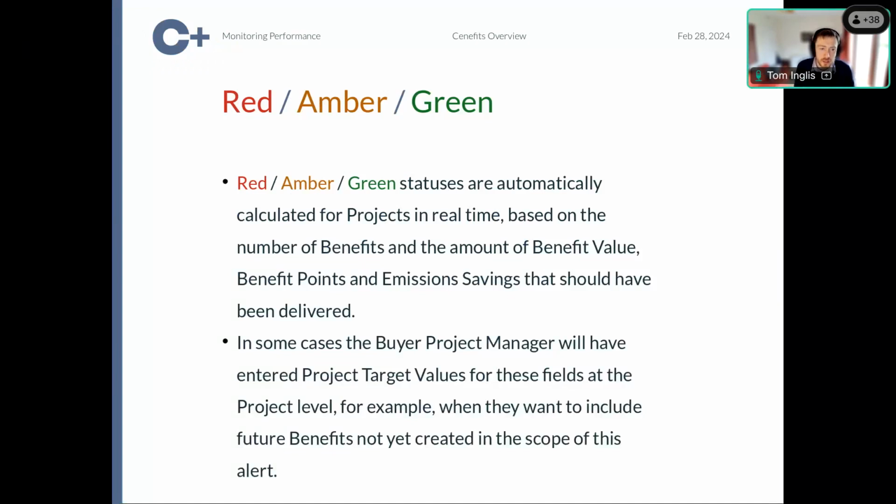So we have an automatic red, amber, green status, which we generate for projects in real time, which is based on the number of benefits, the amount of value points, emission savings that should have been delivered by a particular date. Because we know when things have a final delivery date, a completion date, we're able to automatically show a RAG status for those projects based on the proportion of those things in those projects that are